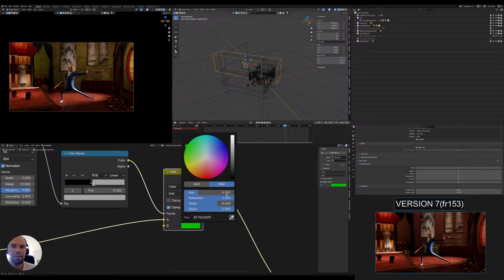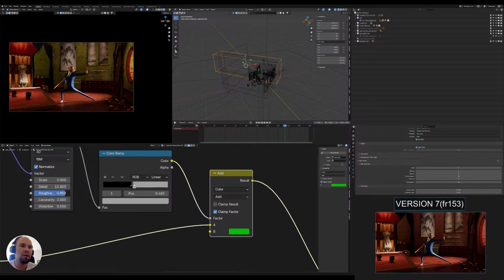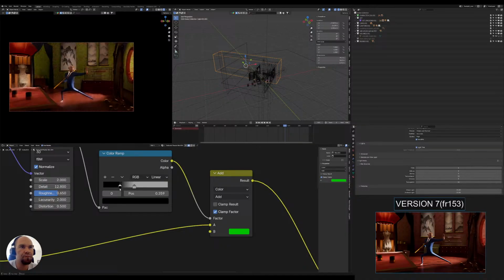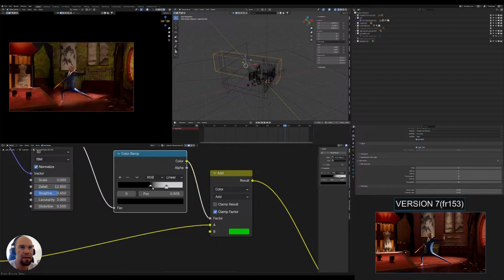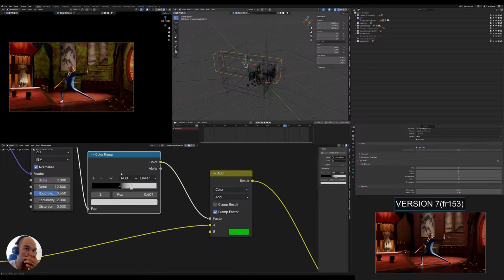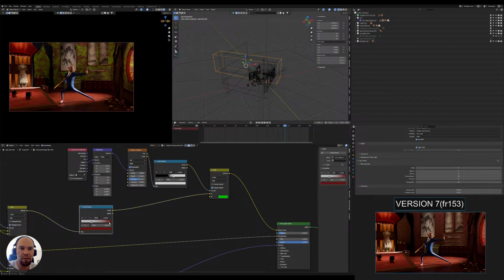Let's go full green. And let's see here what we can do to do this mask here. Something like this. I want to break up a bit the repetition of the texture itself, and maybe we can